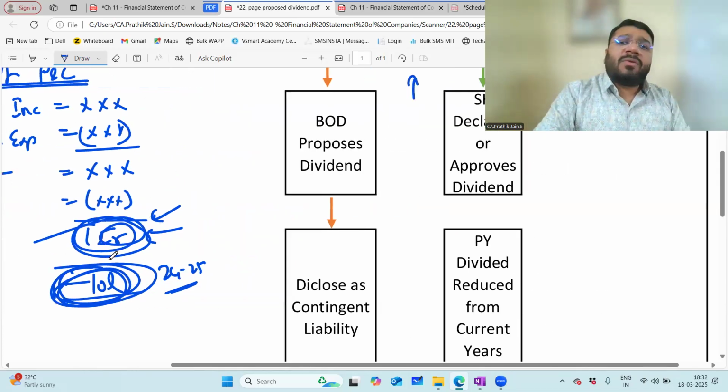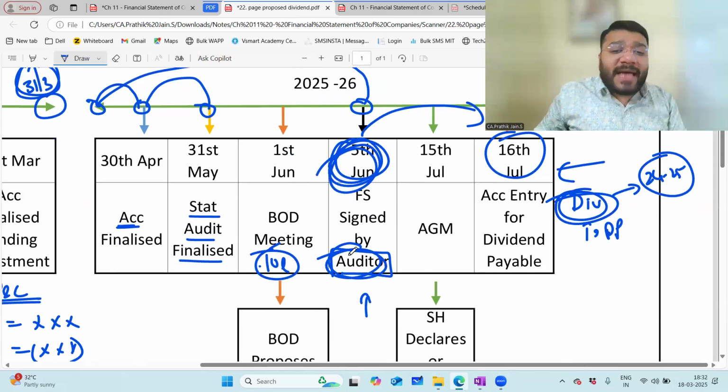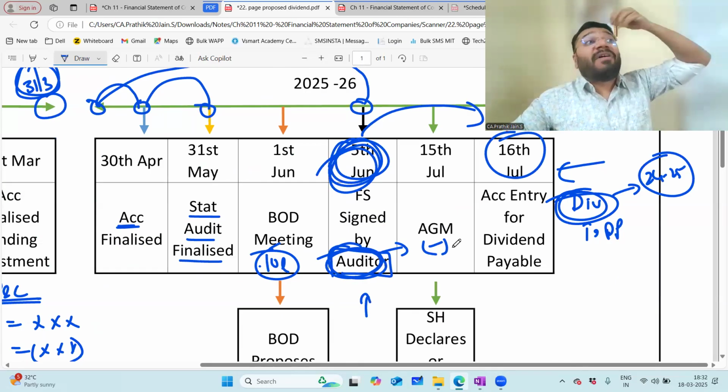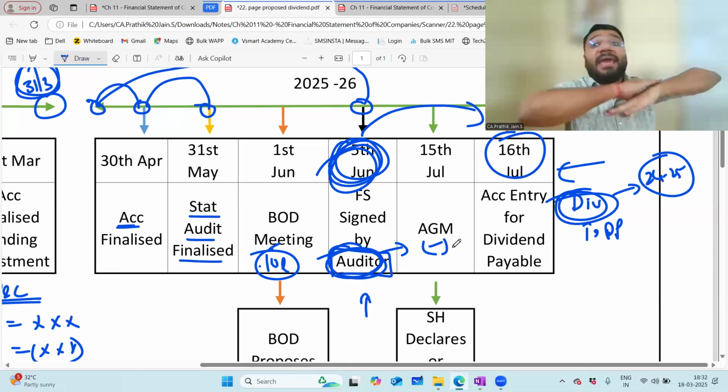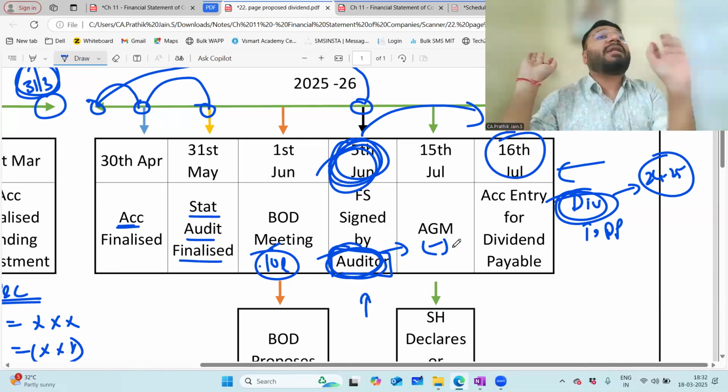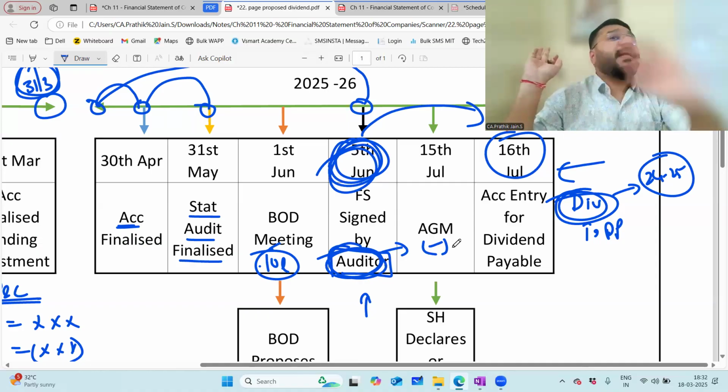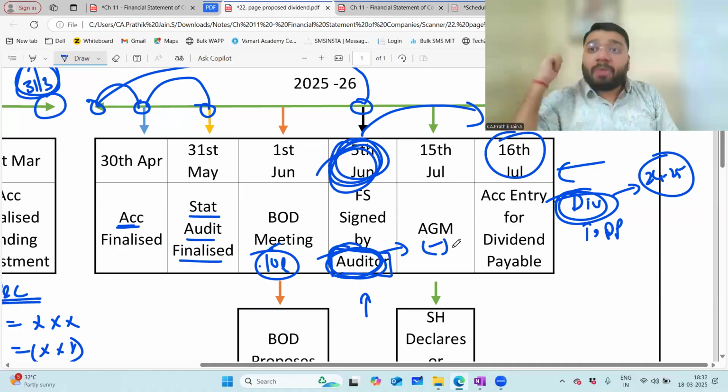You may say, sir, what happened? No problem, sir. After the auditor is signing the financial statement, after that you minus the dividend. Can you touch? No. Once the financial statement is signed, game over. You can't go and alter a single letter, single number, nothing can be altered. But the problem is, sir,